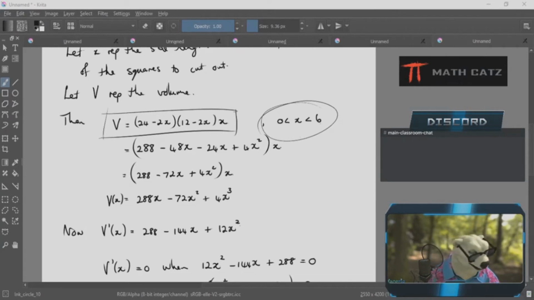What do I have here? 2.5358983. This should be fine. Times 12 minus 2 times 2.5358983 something, and then times that number again,